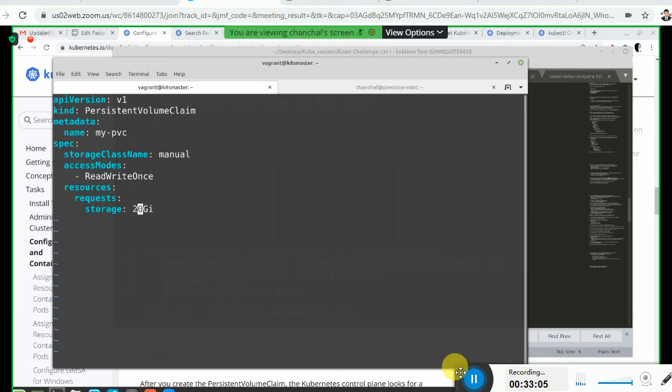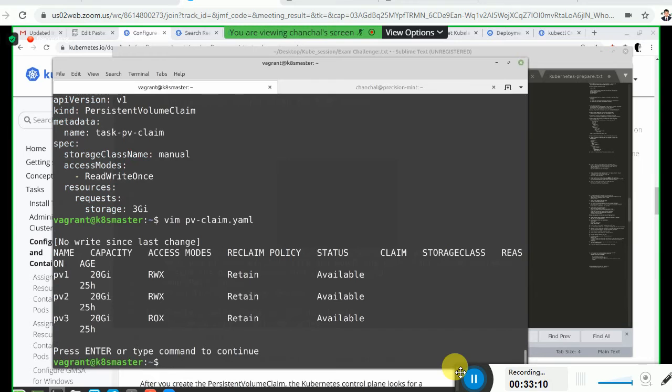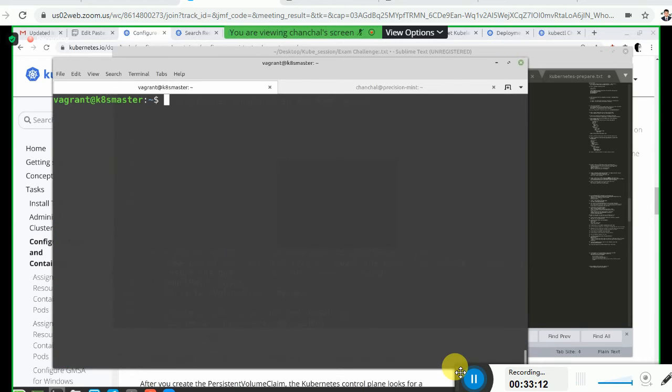Okay, escape colon WQ. So would it happen? kubectl create -f.